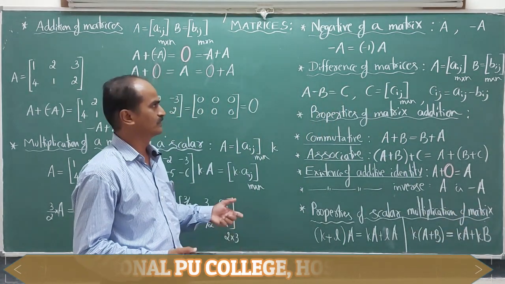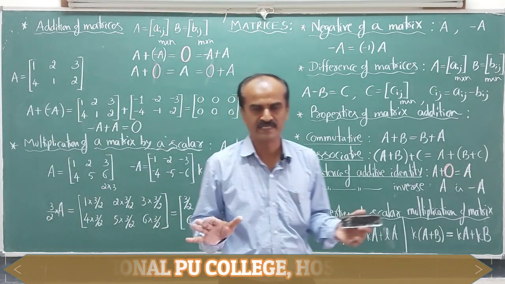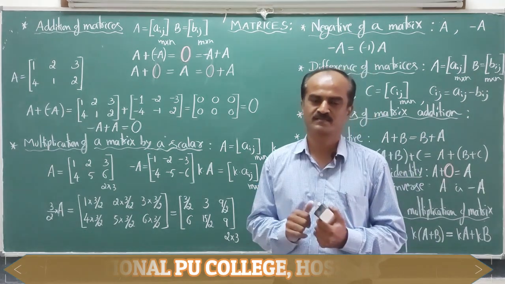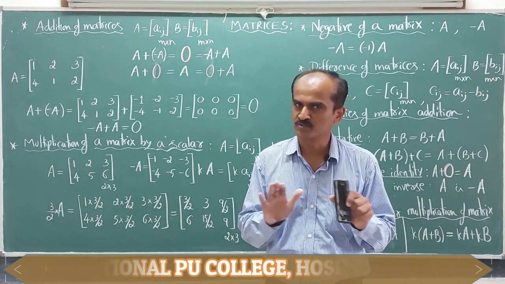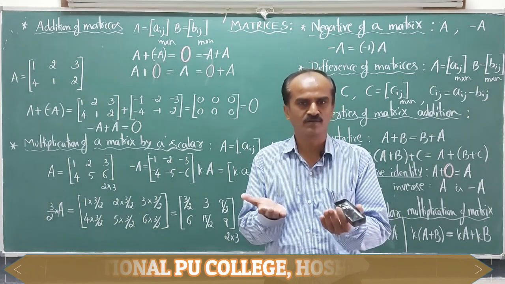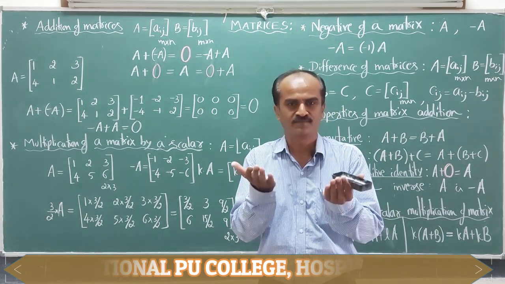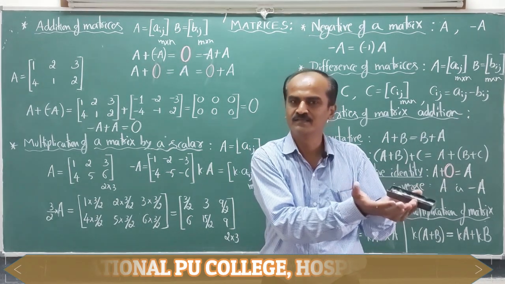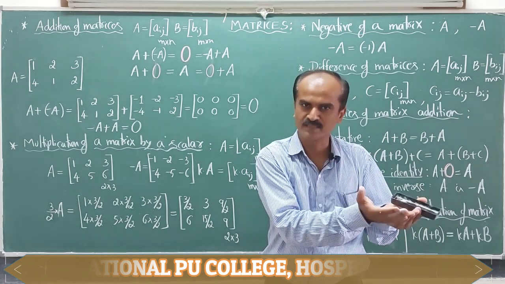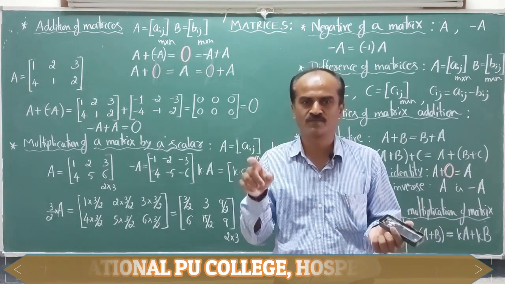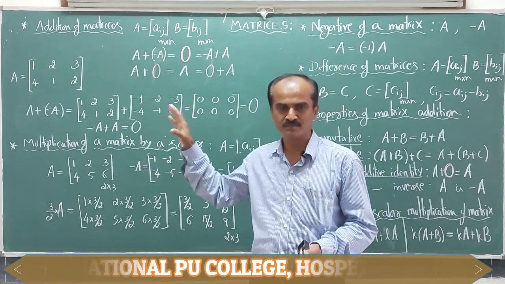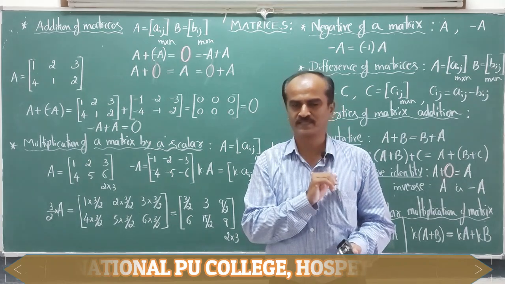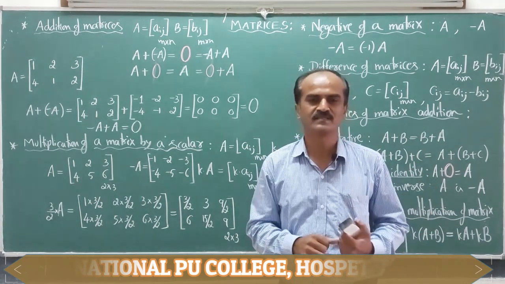I hope you followed these properties. Basic operations we discussed, that is addition of matrices. What is the condition? You are not supposed to add any two matrices. First you have to look at the order of both matrices. If the order of both matrices is the same, then definitely we can add them. How to get the sum? The sum is also another matrix of the same order as that of A and B. Here if A is a 2 by 3 matrix, B is a 2 by 3 matrix, the resulting matrix C is also a 2 by 3 matrix. How to obtain the elements in the resulting matrix?